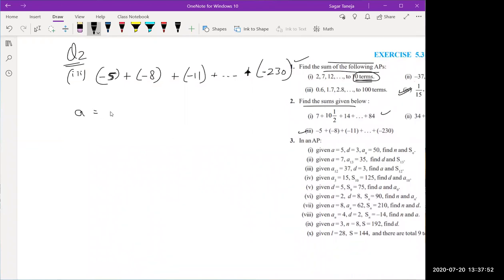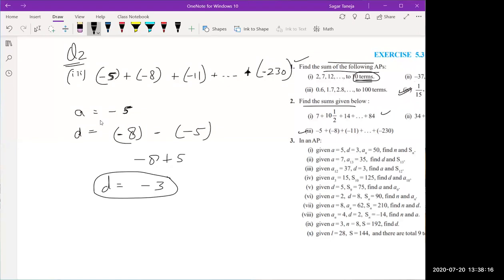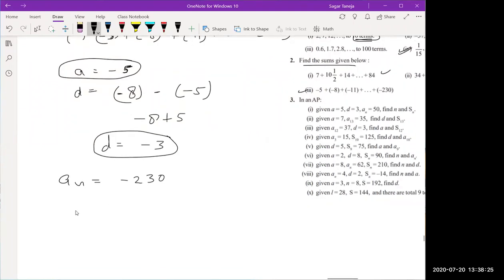So as in the question, a is minus 5 and d is minus 8 minus 5, which is minus 8 plus 5, which is minus 3. So d is minus 3, a is minus 5, and an is given, the last term, minus 230. Where you can find out a plus (n minus 1) d is equal to minus 230, where a is minus 5 plus,